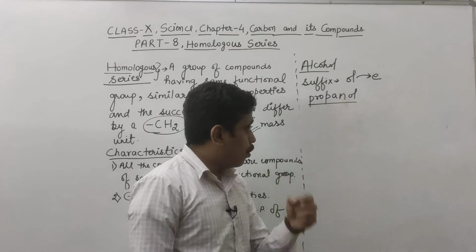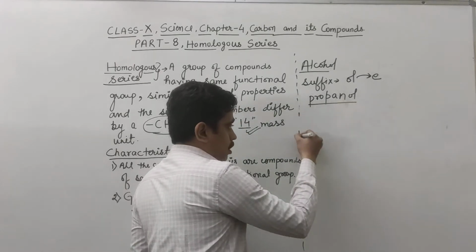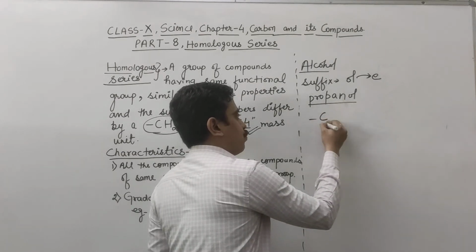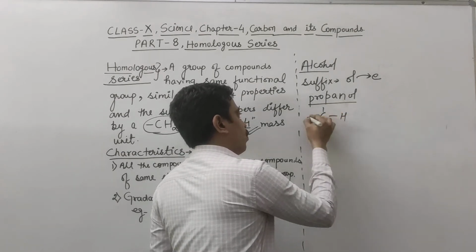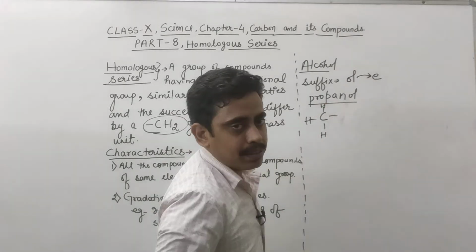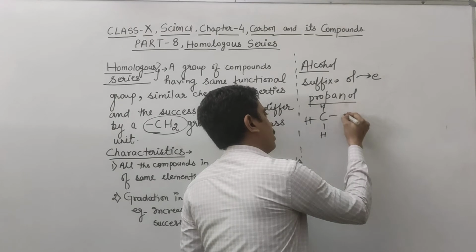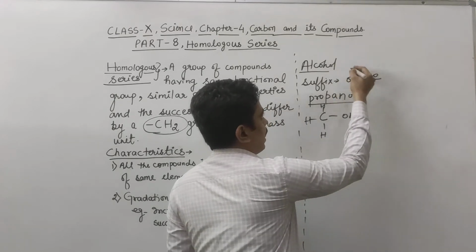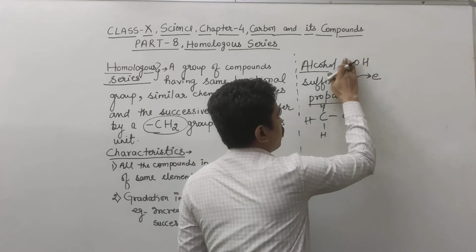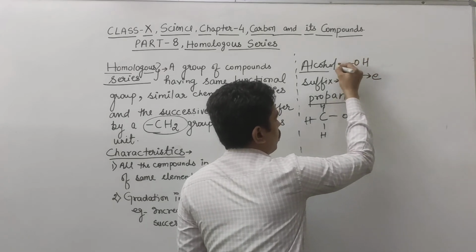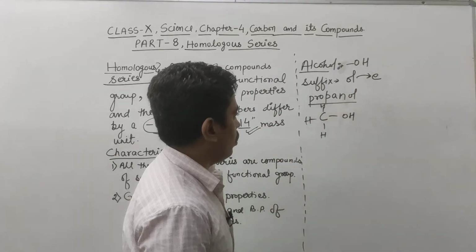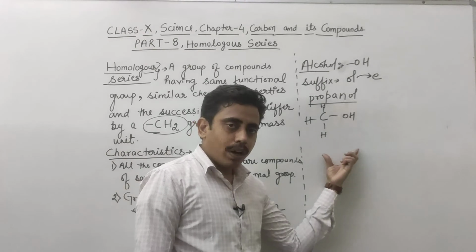So let's see for the alcohols. First member मतलब one carbon is there, CH4. सपोज करो ये CH4 सिंपल सा हाइड्रोकार्बन है, मीथेन, इसके एक हाइड्रोजन को रिप्लेस करके यहाँ पर एक अटैचमेंट लग जाए अल्कोहल वाली. अल्कोहल क्या होता है जिसमें अटैचमेंट क्या होती है, OH is the attachment there. So these types of compounds are known as alcohols. तो ये CH3OH, what is the molecular formula?